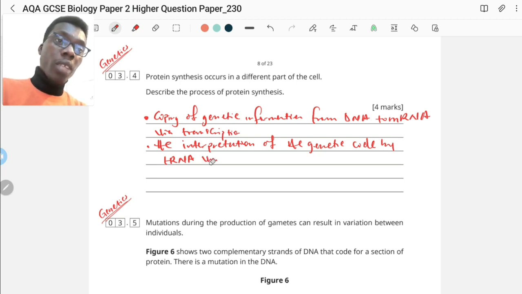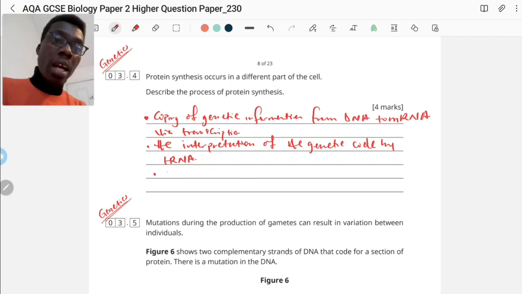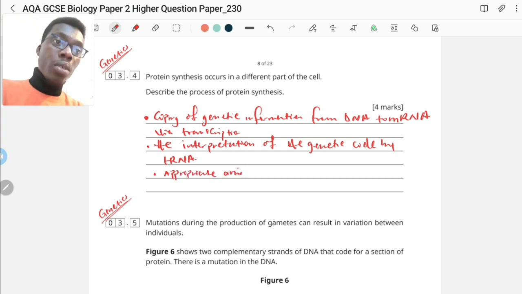You don't have to put "via," just tRNA. All right, then, no, before you do assemble, when the information has been interpreted, then appropriate amino acids, excuse me, that's rough,